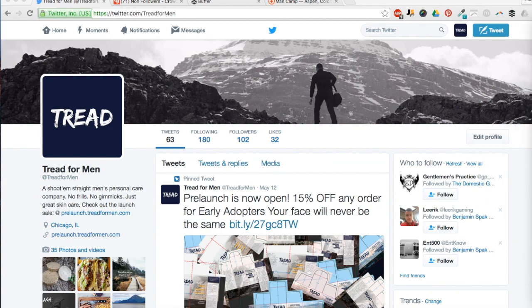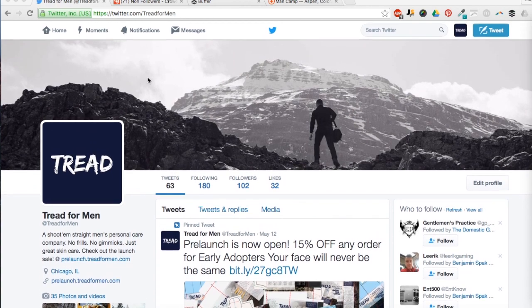Let's jump in. When you sign up for Twitter, this is our profile page. When you sign up for Twitter, I highly recommend getting that logo in the profile picture and then having a nice banner in the back that fits the Twitter dimensions. Now, you might have seen my Canva video. I highly recommend going to Canva and looking at the exact dimensions. It will make your life a way easier in terms of setting it up so it looks aesthetically pleasing.